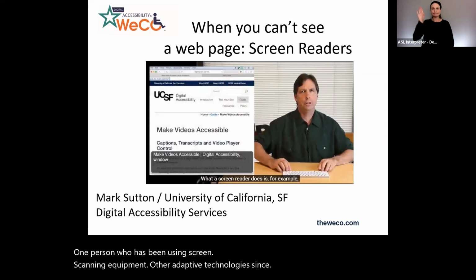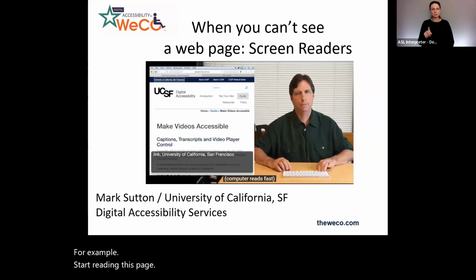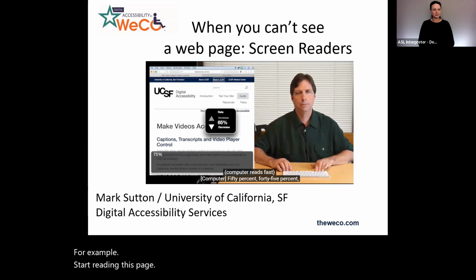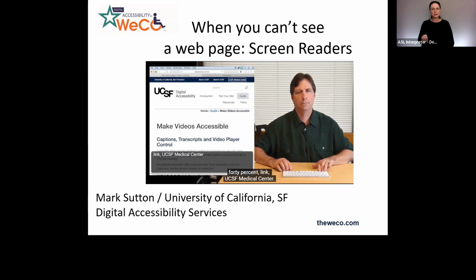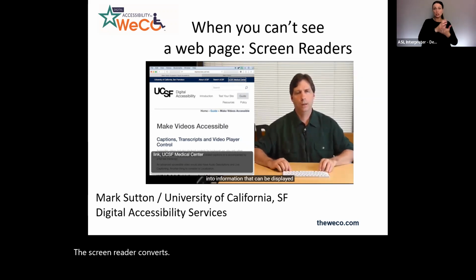What a screen reader does is, for example, I'm going to start to read this page. Navigation 1. Link, University of California, San Francisco, link, about UCSF. Link, search UCSF. And what I will now do is slow down the speech rate. Rate 80%, 75%, 70%, 65%, 60%, 55%, 50%, 45%, 40%. Link, UCSF Medical Center. So as I was about to say, a screen reader converts what's on a computer screen